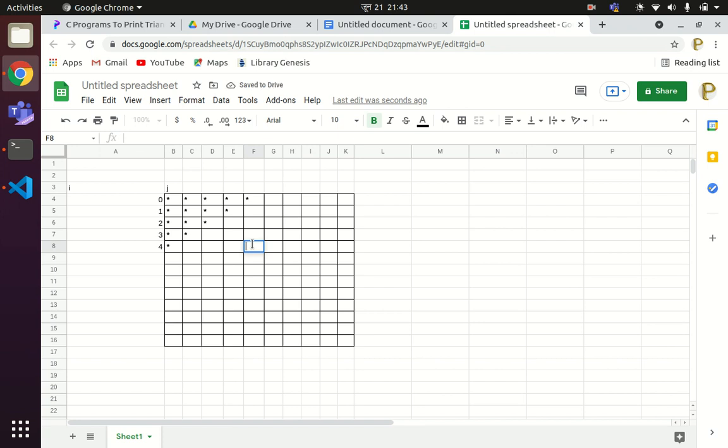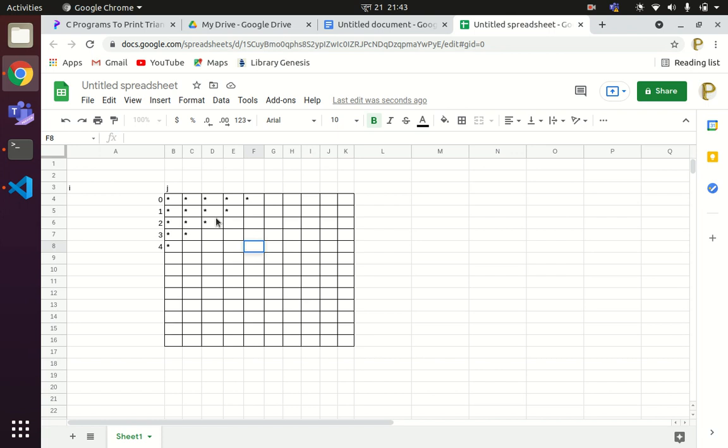Okay, I can see for the row number 1, it is running how many times? The inner loop should be executed 5 times. For row number 2, the inner loop should be executed 4 times. For row number 3, it is 3 times. For row number 4, it is 2 times, and for row number 5, it is 1 time. So it is just the inversion of the first question.